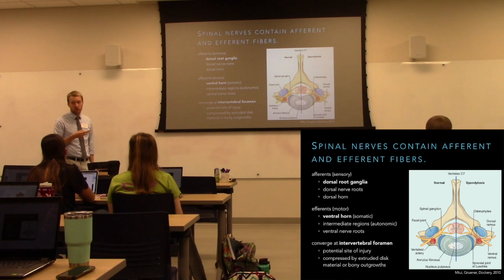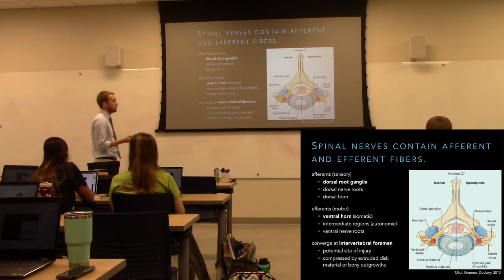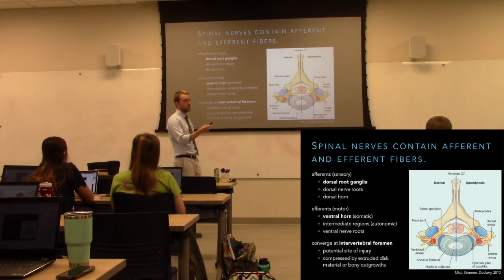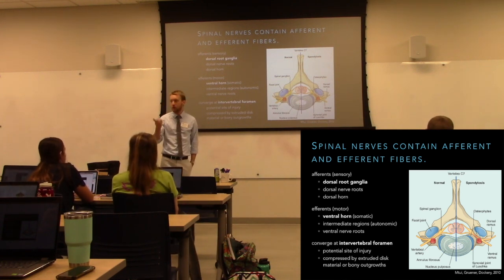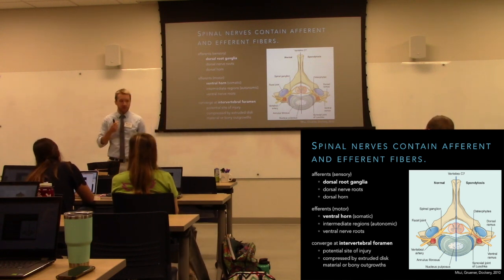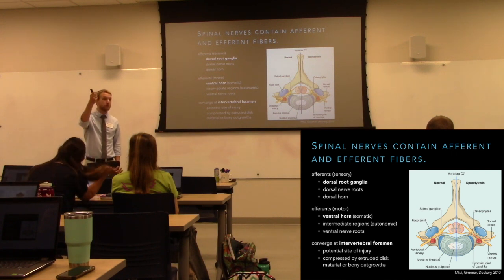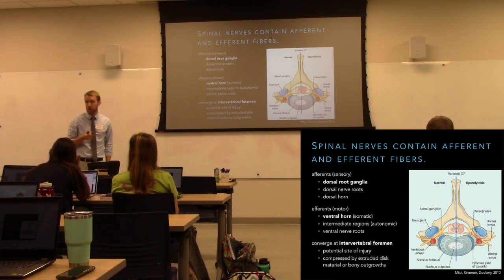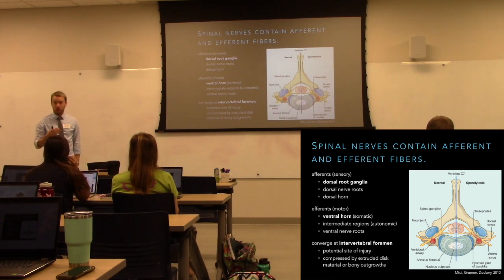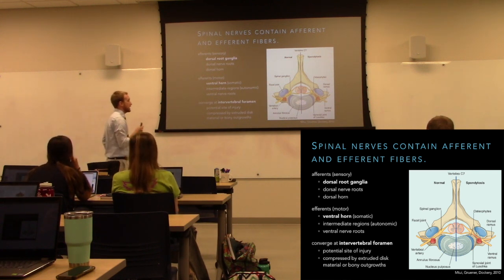More on that in lectures 9 and 10. But for the rest of these signaling pathways, motor and sensory remain separated as we move up the spinal cord into the thalamus and eventually to the cortex to produce some sort of perception. Or when we're going from the cortex down to the spinal cord to carry out a movement. They're kept separate. In the nerves, they're mixed, and that mixing occurs as they exit